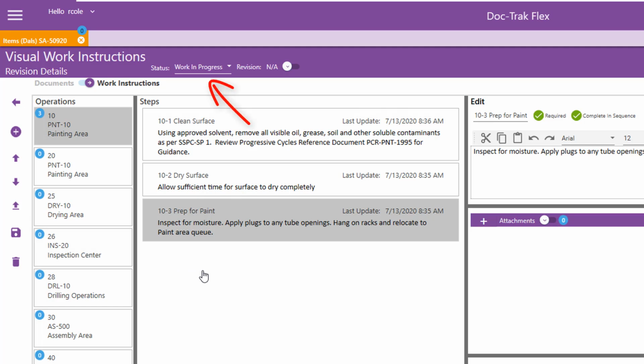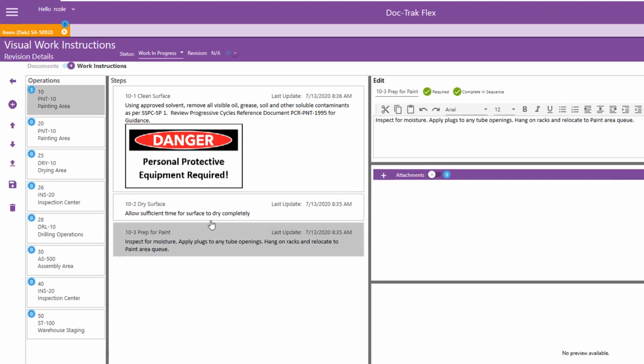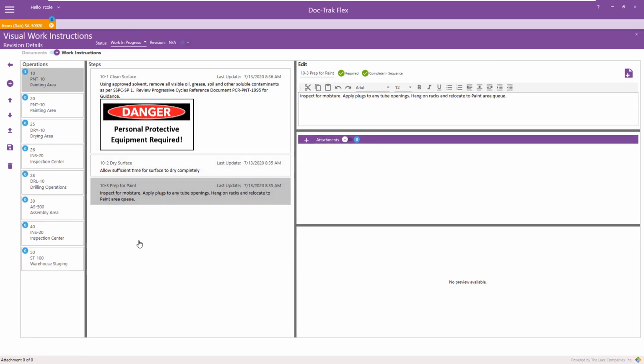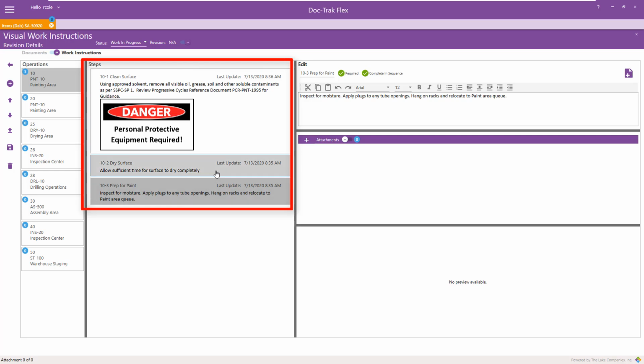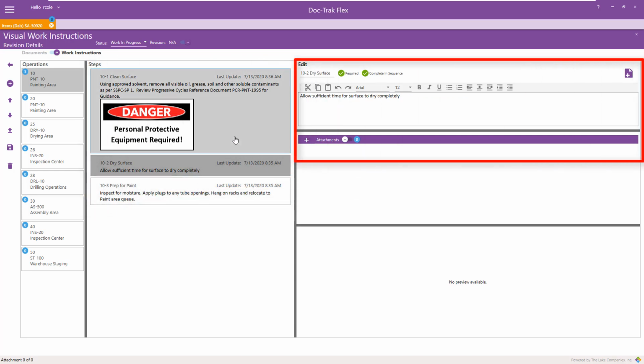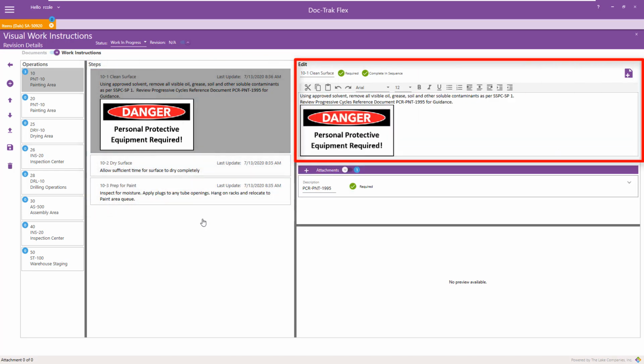Up here, it indicates that the current status of this work instruction set is work in progress. Since it's never been approved, there's no revision number for it. With this slider, I can expand the row height on the left so that it shows all of the content. As I select each line, I see the text and graphic content in the editor.